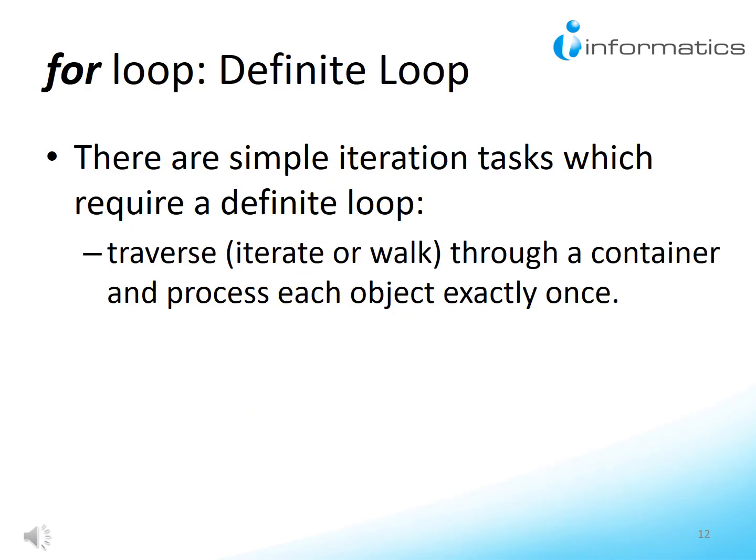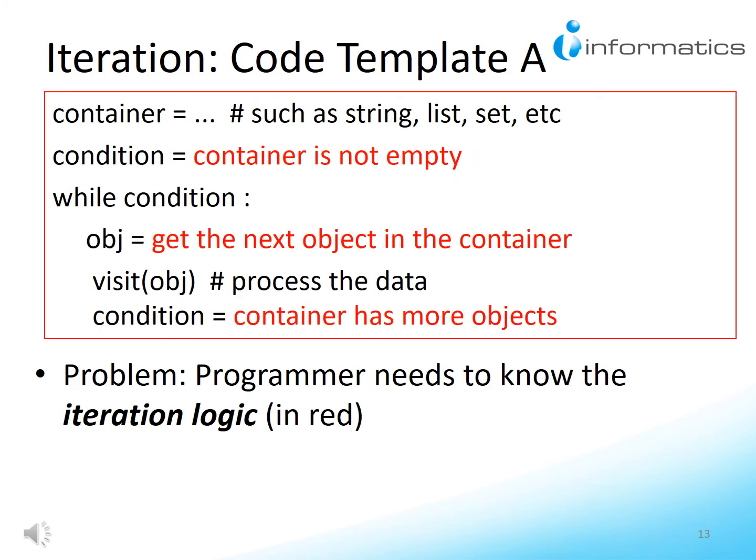For loop, definite loop. The while loop is great. But there are many simple iteration tasks which require a definite loop, which traverse, iterate or walk through a container, and process each object exactly once. The following code template, Template A,